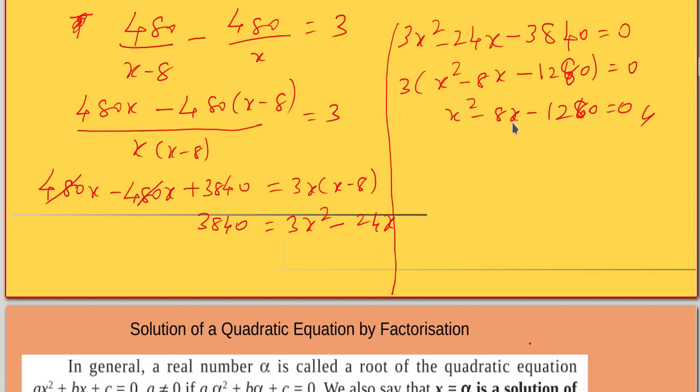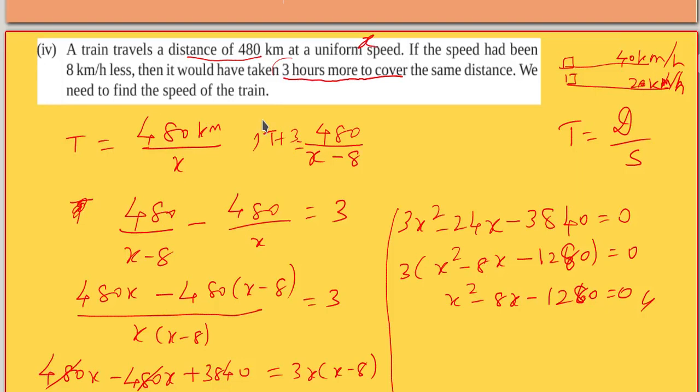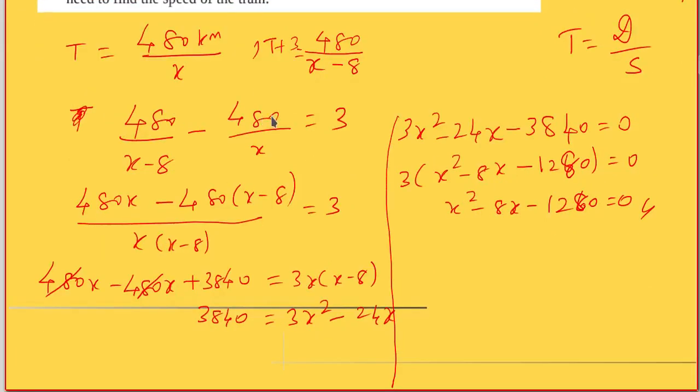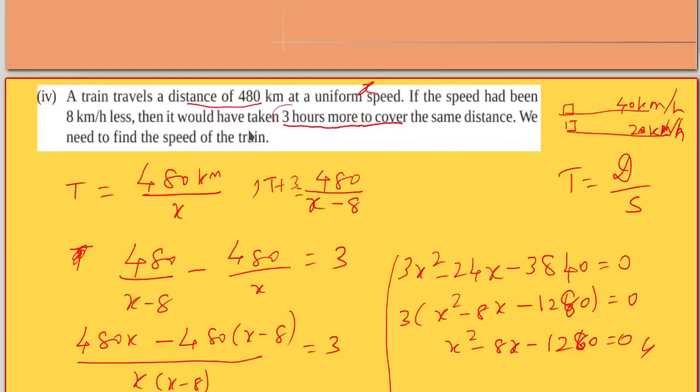If we simplify this, for x we will get 2 different values. We will get 2 different solutions for each and every quadratic equation. In this way we can solve the problems. For a given situation in the form of a quadratic equation, we can solve the quadratic equation so that we get 2 solutions. For each situation we get 2 different answers in case of a quadratic equation. Okay, thank you.